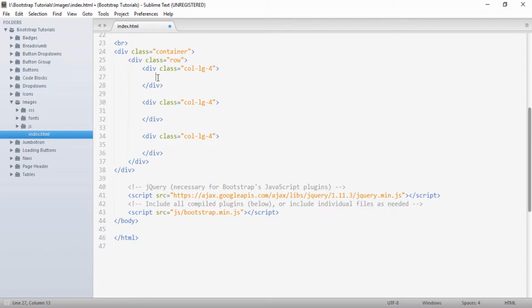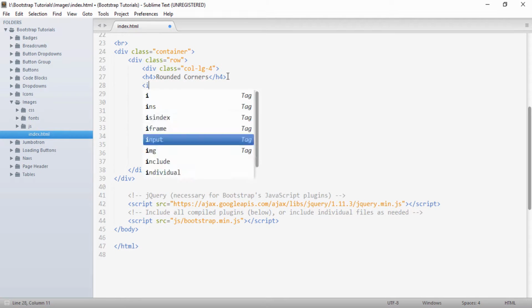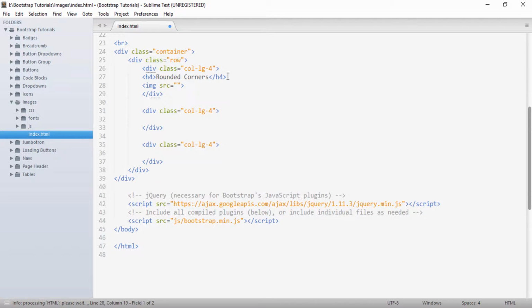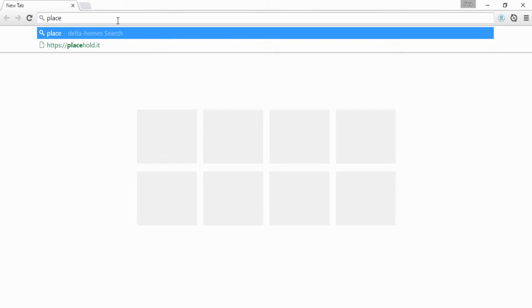So friends, using Bootstrap, first we will provide rounded corners to an image. After providing a heading, I will create an image tag, and to this I will provide a source. So here the source would be the path to the image. In order to get an image for this tutorial, I will go to a website, say placehold.it.